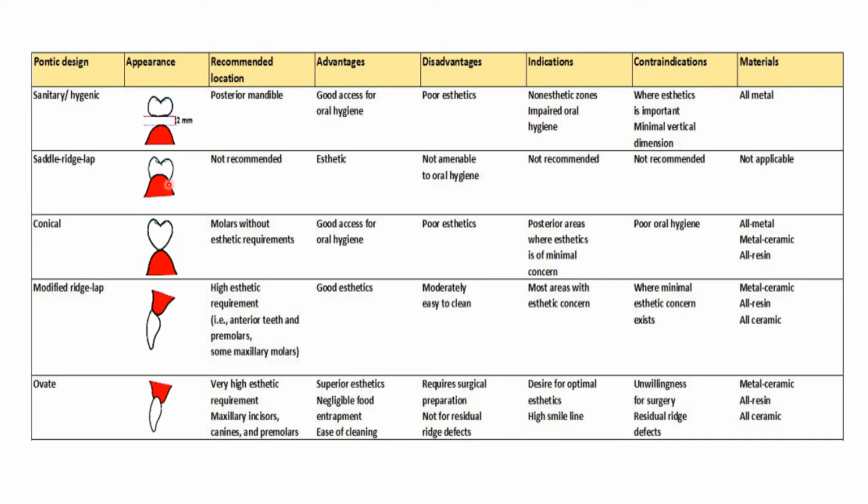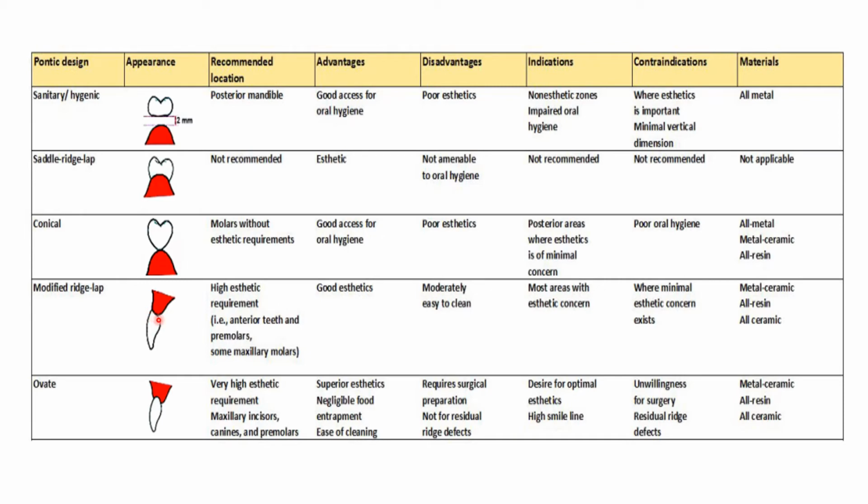So because of this problem, nowadays this saddle or ridge lap type of pontic is not recommended, and to overcome this problem there is a modification, which is known as a modified ridge lap. Now this is known as modified because in this type of pontic design, the pontic contacts the gingiva only on the buccal or facial surface and not on the lingual surface. The gingival margin of the pontic overlaps only on the buccal surface, and you should see that